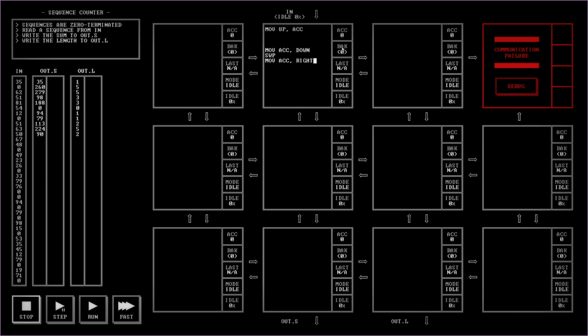So this is back. So ACK will be my sum, back will be my length. So that means I think